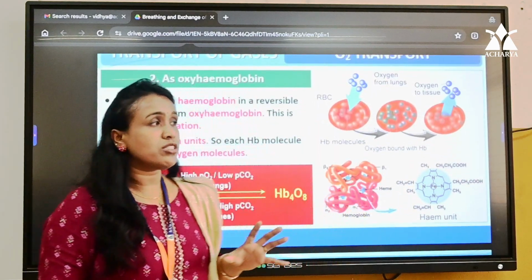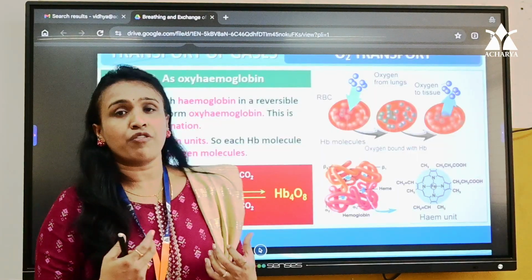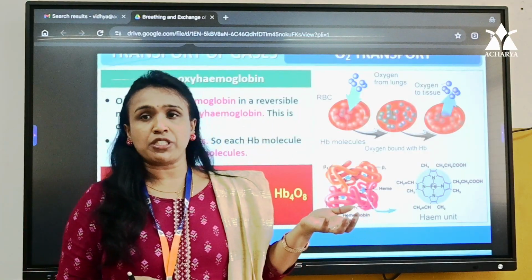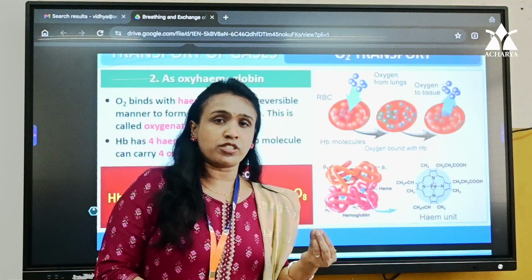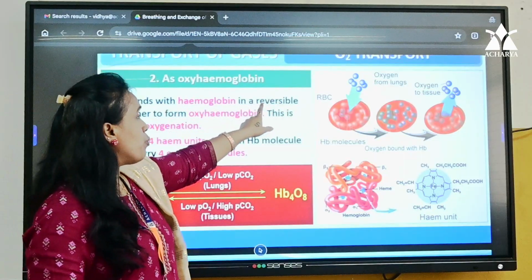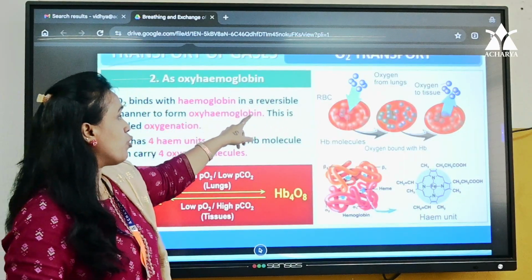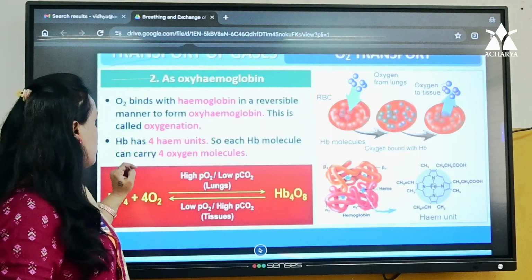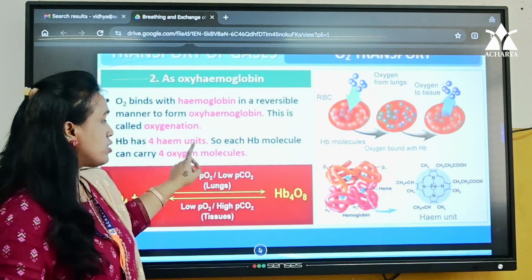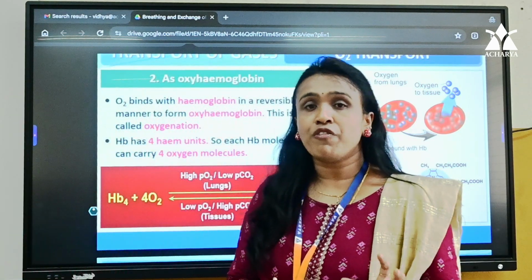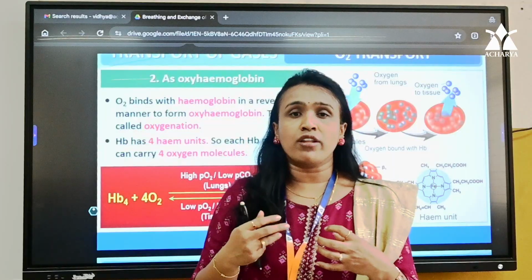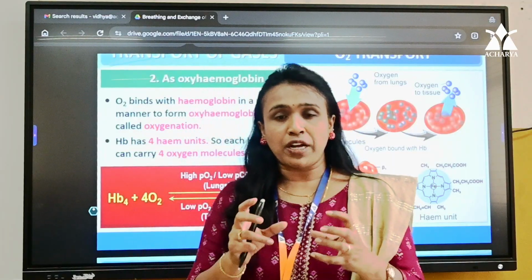Now coming to oxyhemoglobin. There are some conditions under which oxyhemoglobin can form. That is when the partial pressure or concentration gradient of oxygen is high, as at the alveolar surface. So O2 binds with hemoglobin in a reversible manner to form oxyhemoglobin. This is called oxygenation. Hb has 4 units, so each hemoglobin molecule can carry 4 oxygen molecules or 8 atoms of oxygen. At the very first, the hemoglobin molecule will not directly take in all the 8 atoms of oxygen. First it will take